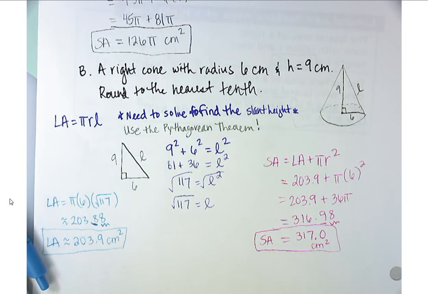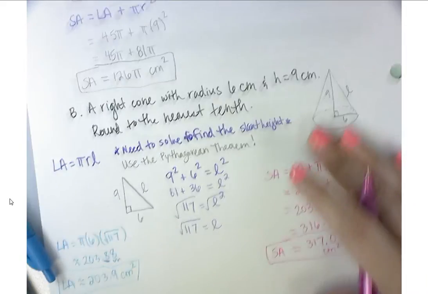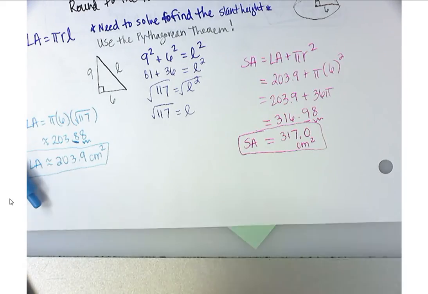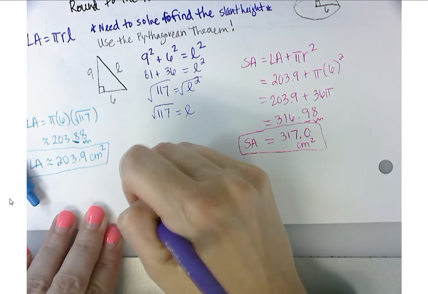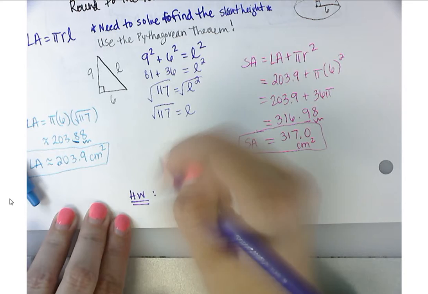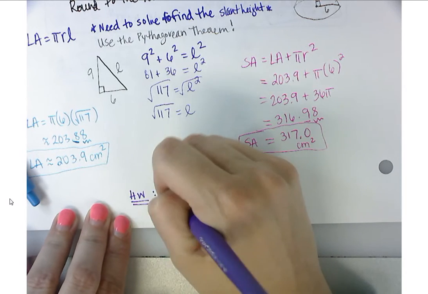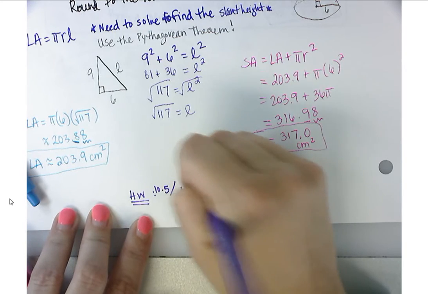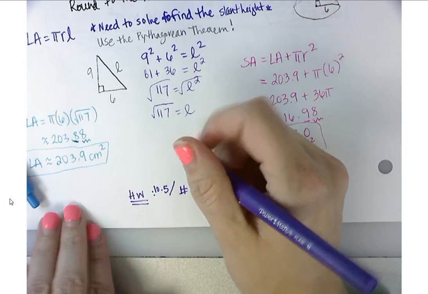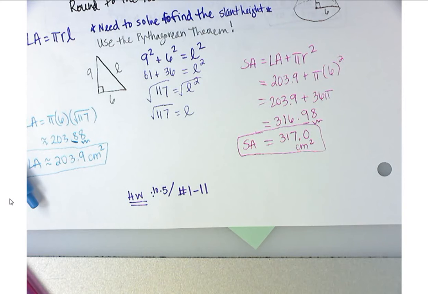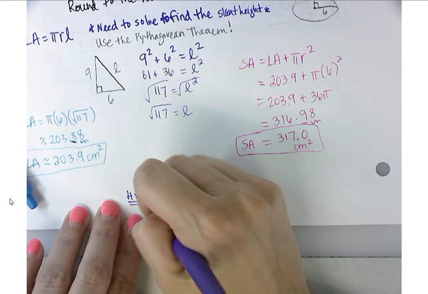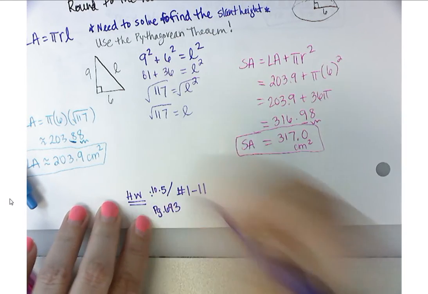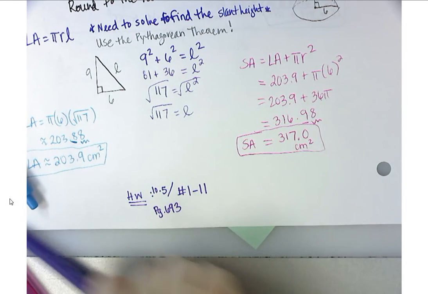All right, I'm going to give you your homework, and then I'm going to have you clear everything off except for correcting utensils so we can go over your last quiz, which you guys did very well on. Okay, so 10.5 is 1 through 11? 693. And this is on page 693. Okay, so once you have